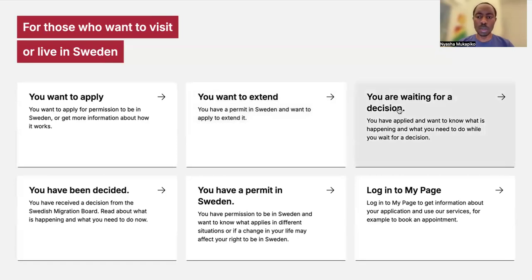And this other option is for people who are waiting for their decisions, the same as the other three options below. But for you, you need to go with the first option. So I'll click here.